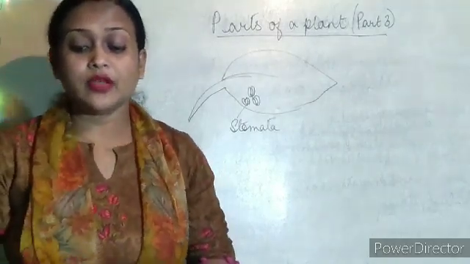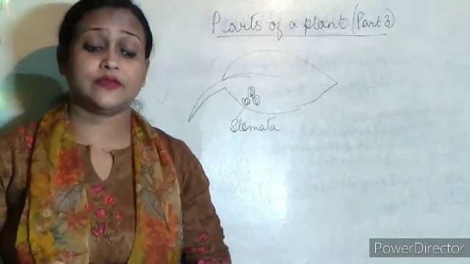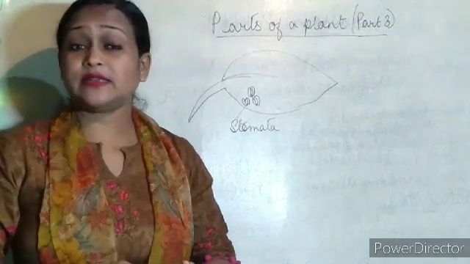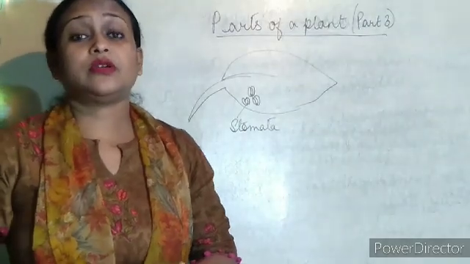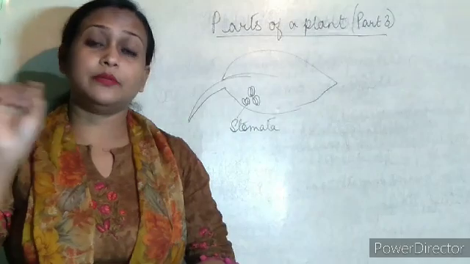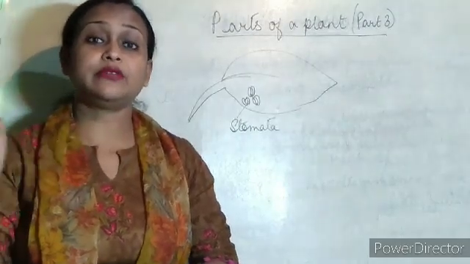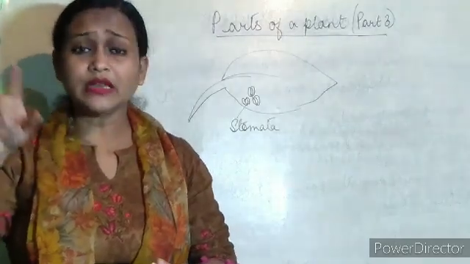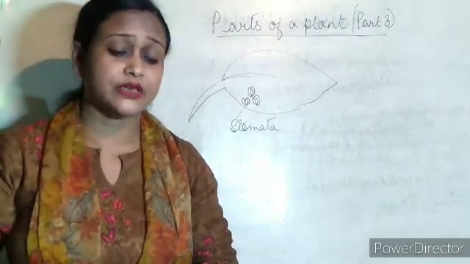Now next we will move on to what leaves do for the plants. What is the function of leaves? Yesterday we studied about leaves, that the leaves consist of three main parts. I told you to draw the diagram also. The central vein is the midrib, the small veins are the leaf veins, and the edge of the leaf is the leaf margin.